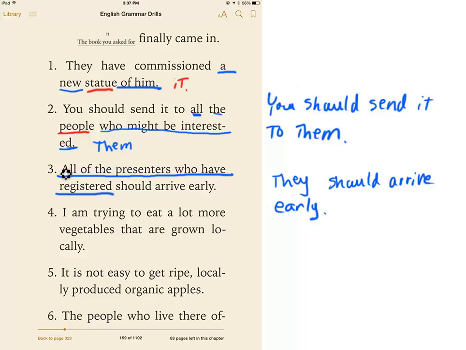So "all" is actually the subject, okay? I'm not going to explain why unless you don't understand. "Of the presenters" modifies the word all. This is an object of the preposition. "Who would have registered" is another prepositional phrase that clarifies who all is. Should arrive early, so they should arrive early. That whole thing in blue is the noun phrase, and then "all" is the actual subject. If that was confusing, don't worry. As long as you can identify the noun phrase and replace it with the appropriate